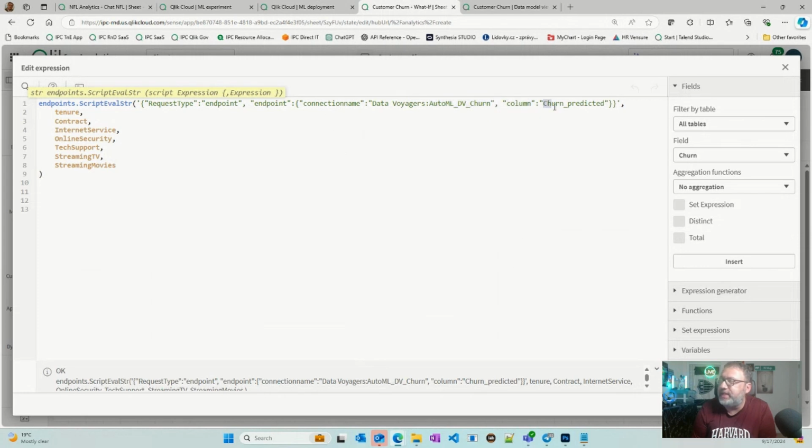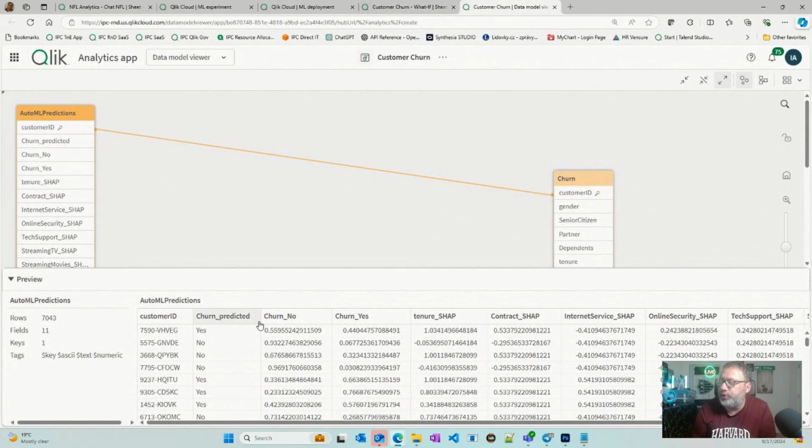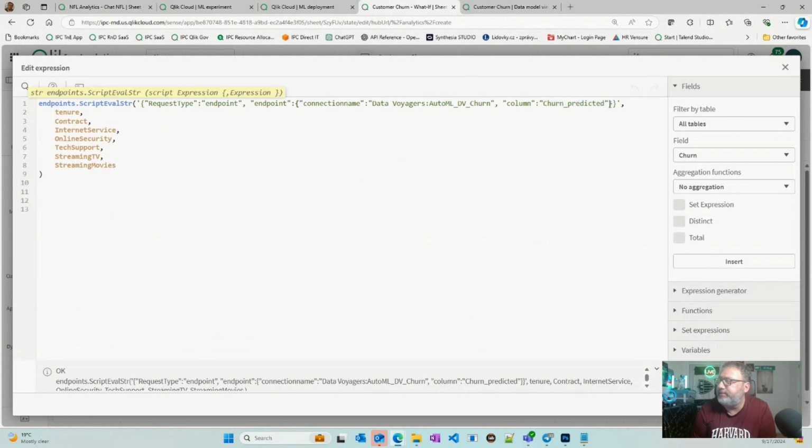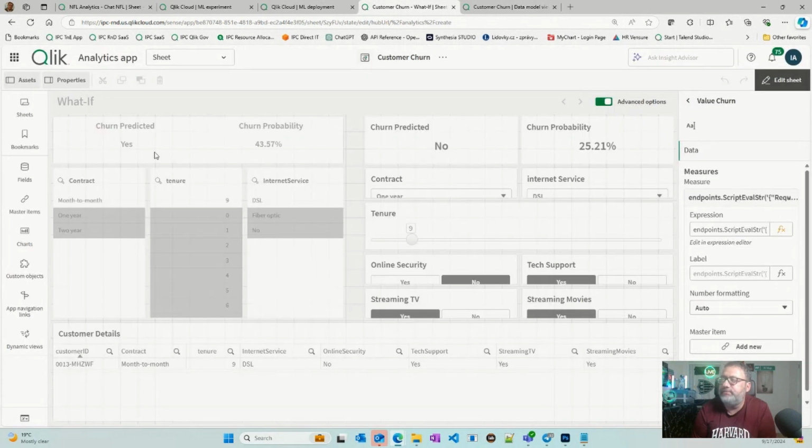This is important. This is the column you want to return. So I want to return the churn predicted. That's the column I want to return in real time. And then that's it. You close the two curly brackets and then the list of fields. Now, it's sending these values to this connection and returning these values. That's what it's doing. Great.